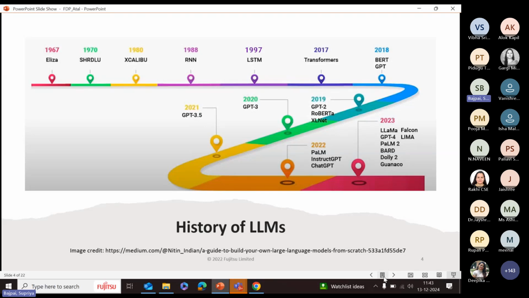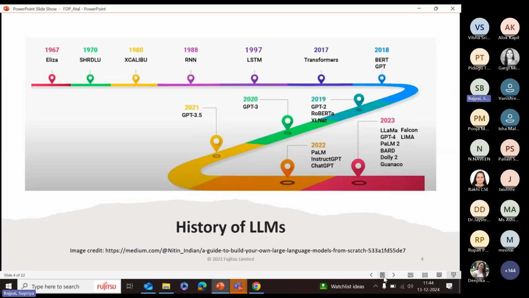So first GPT-1 started small, and then GPT-2 was better, and it amazed everyone with its fluency. But GPT-3 was a massive leap. It has 175 billion parameters, which made it capable of generating paragraphs, stories, and even code. This was a very big jump. GPT-4 is more advanced in reasoning and understanding tasks.